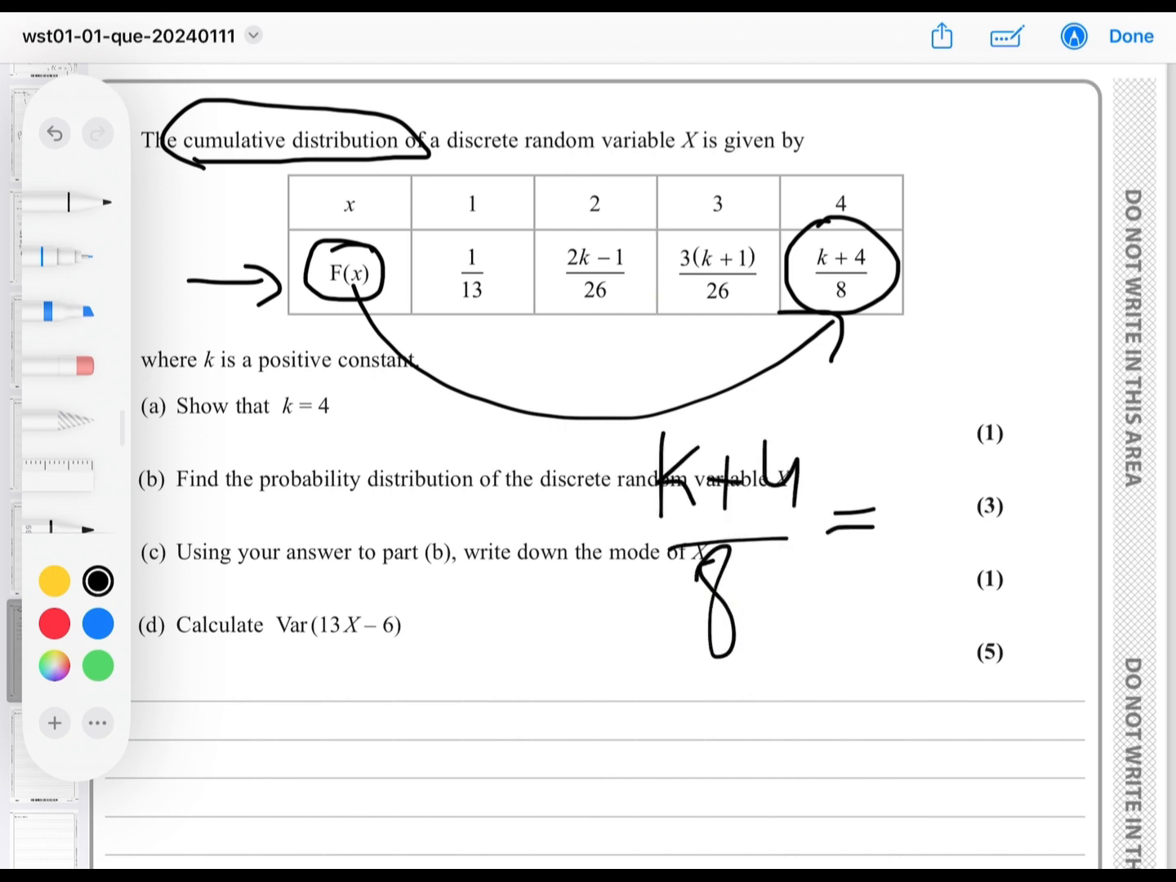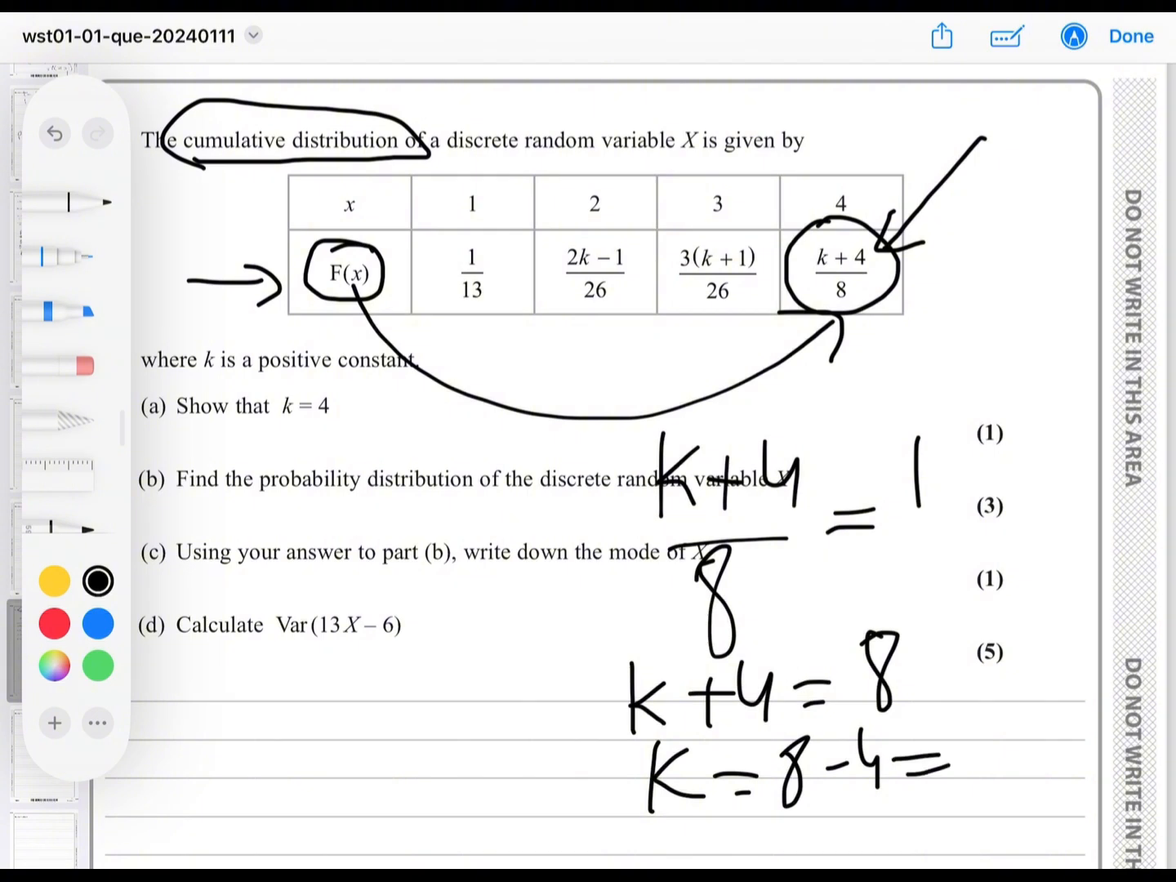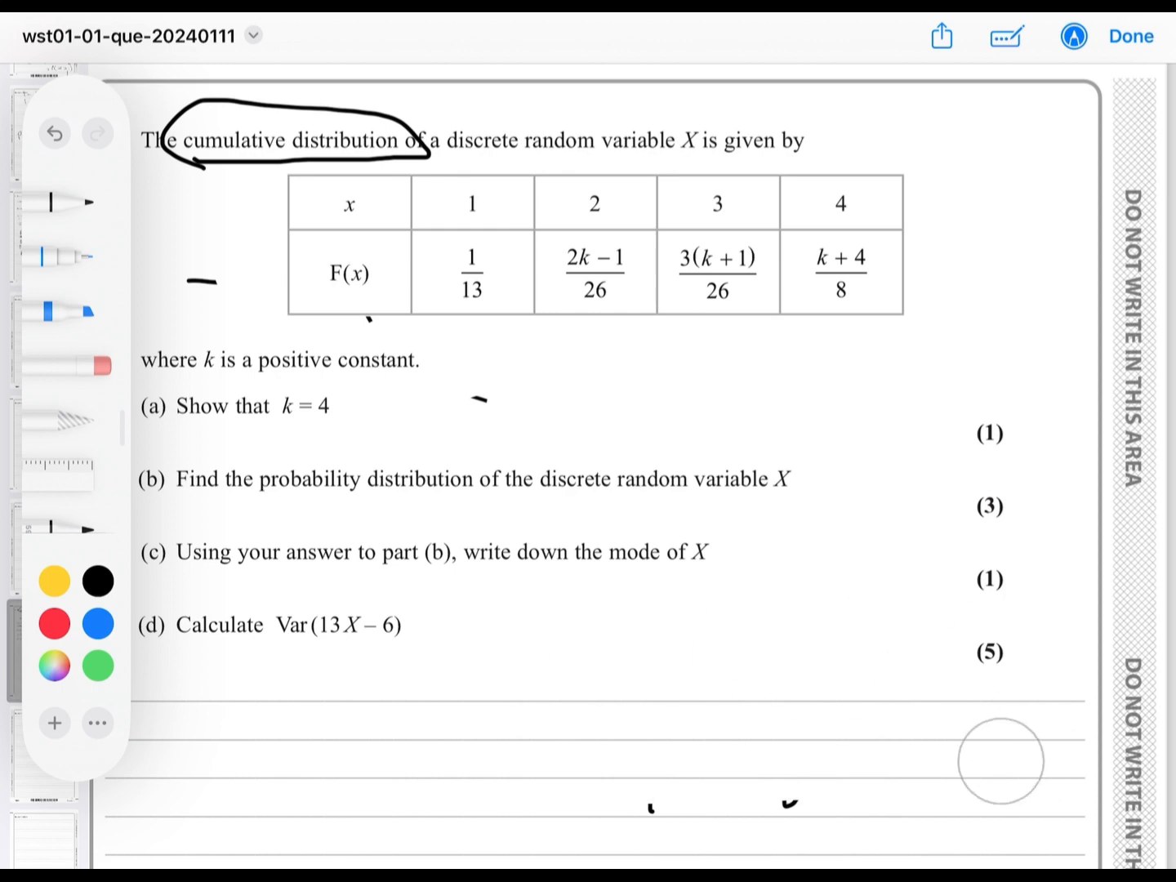because here we add up the probabilities, and after adding up, the total of the probability will be in the last cell, and the total of the probability is 1. So the last cell will be equal to 1, and now we will do the cross multiplication, like 8 will go to this side, so 8 minus 4 equals 4, so k is 4. So the first part is done. Now before moving to the next part, we got the value for k, and now we'll put the value here,